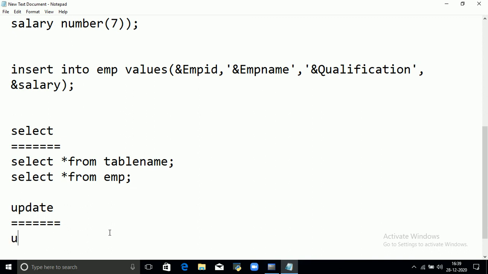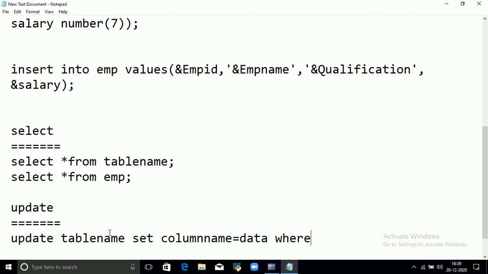So the syntax of update is: update table name set column name is equal to data where condition.